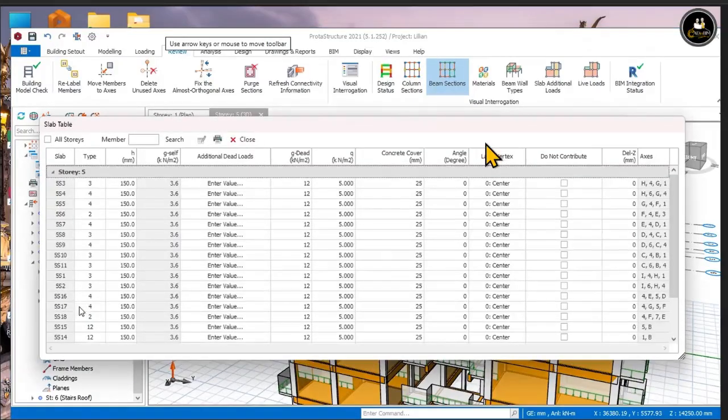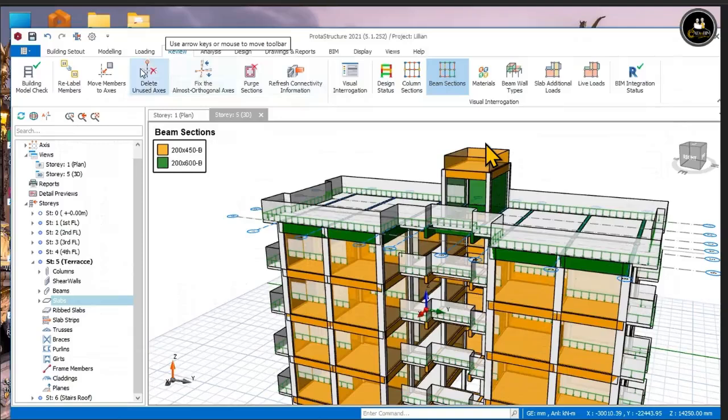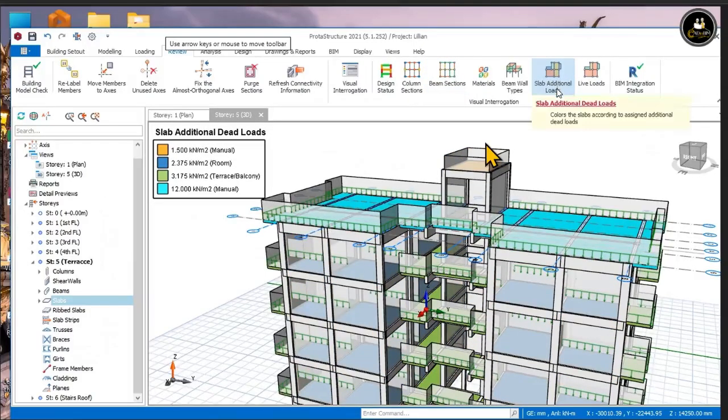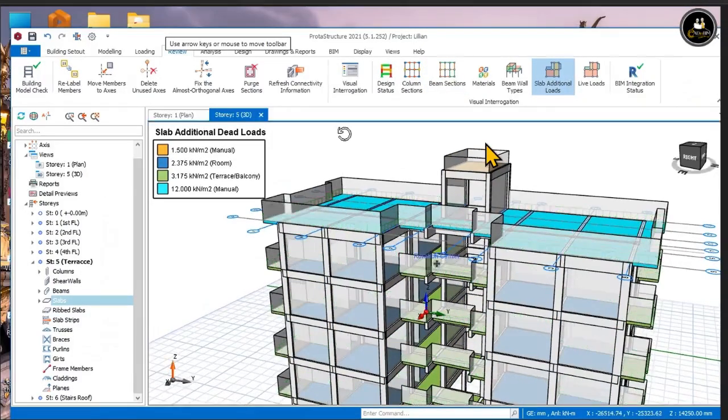You know, we are under review. We are under review. So yes, slabs and additional loads. Yes, click that. You can see that